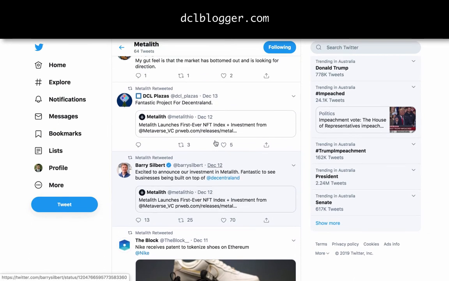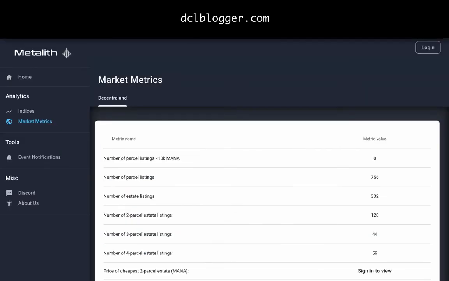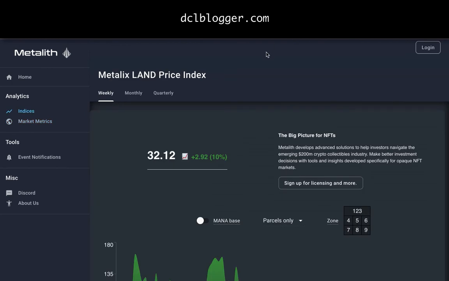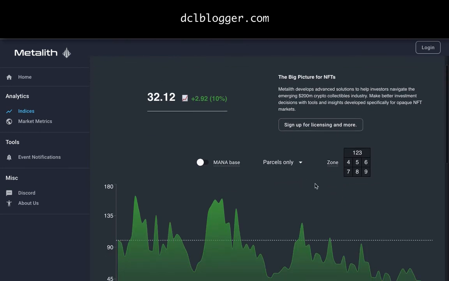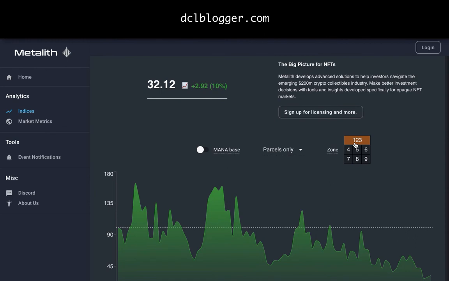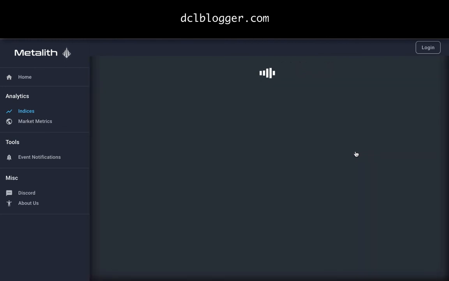So basically, Metalith is a tool to see some macro data on land. They're evaluating land and providing a land price index. You can see that weekly, monthly, quarterly. The really cool thing you can do here as well is break it up into zones. So if you want the center zone of Decentraland, or if you want to see the